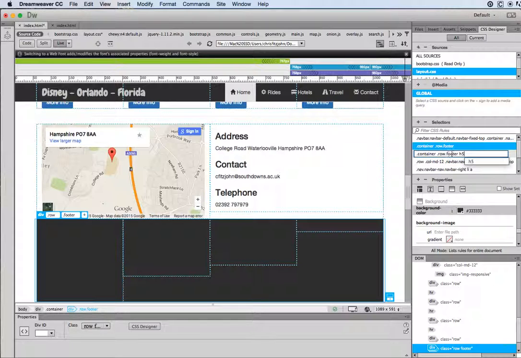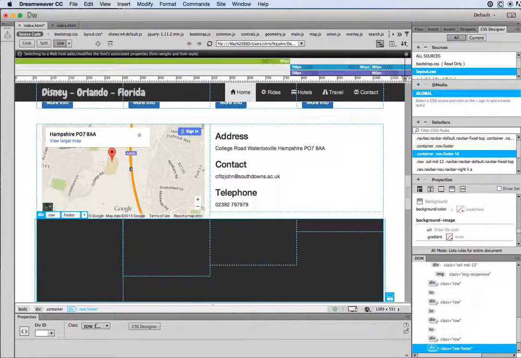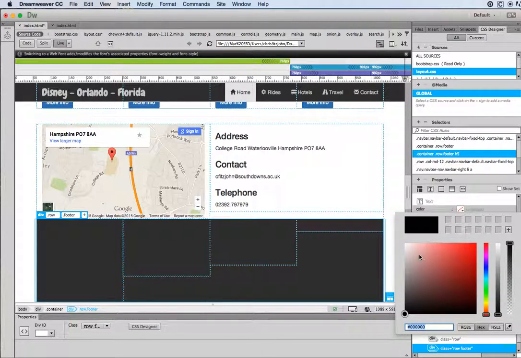So this rule will only affect H5 elements that sit inside a row called footer. If we had H5 elements elsewhere on the page, they are untouched. So I'm going to press enter, and then change the font color. The font color that I'm going to go for here is CCC,